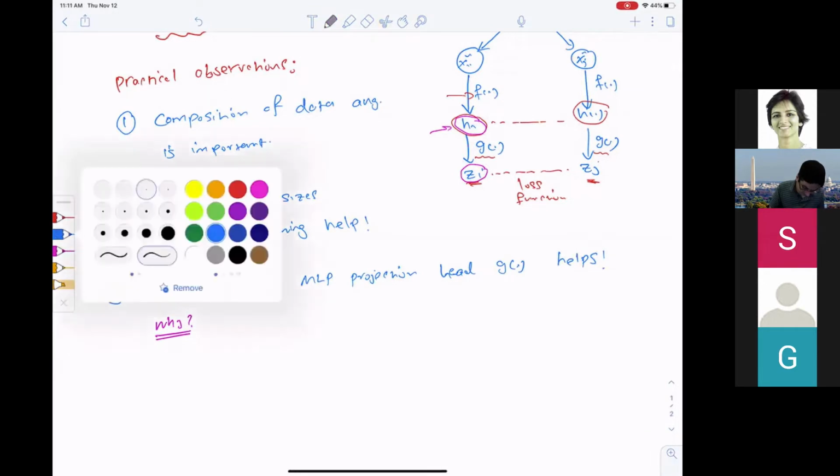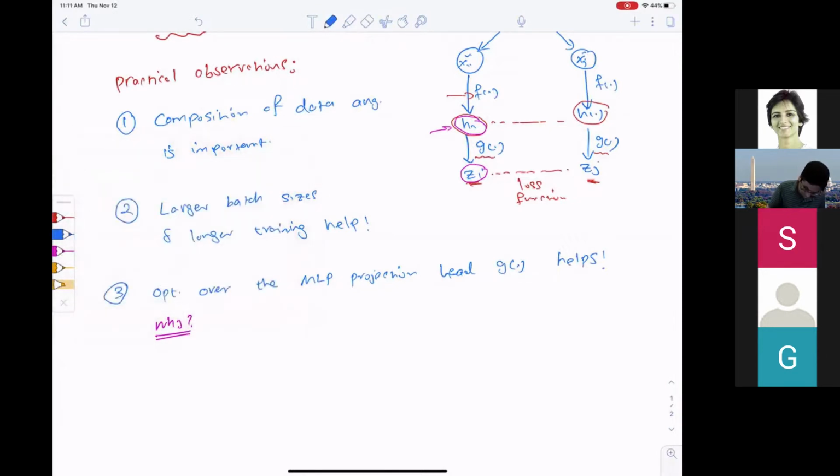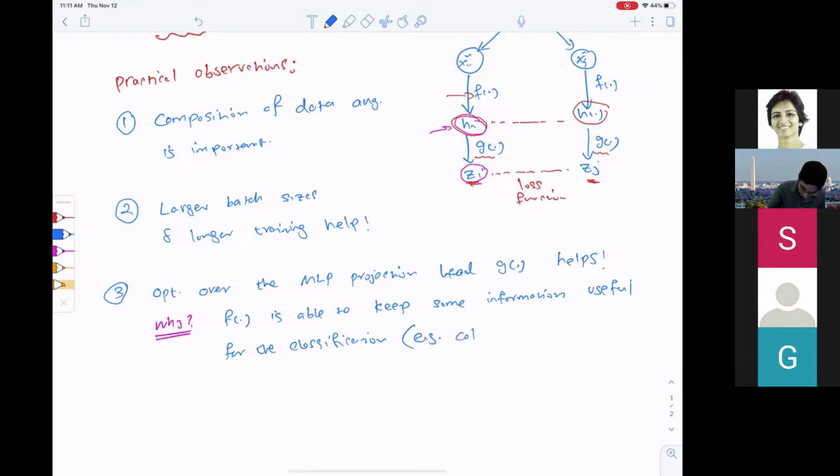But one justification that they have is the following, that if H is able to keep some information useful for the classification, for example color or orientation of the objects. Right, so in terms of the classification,